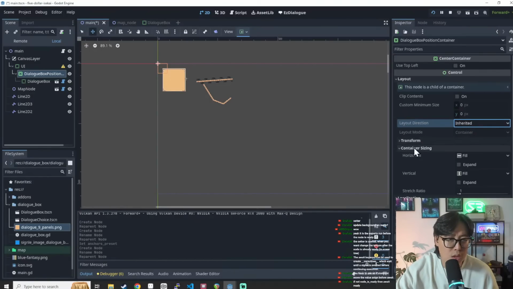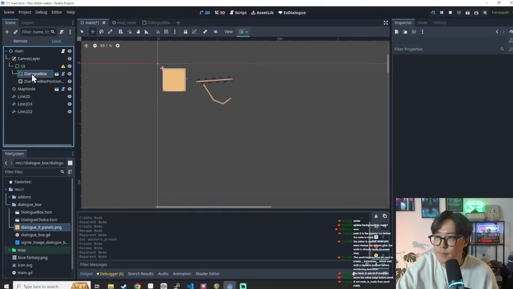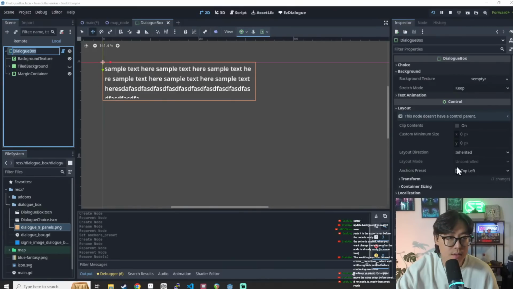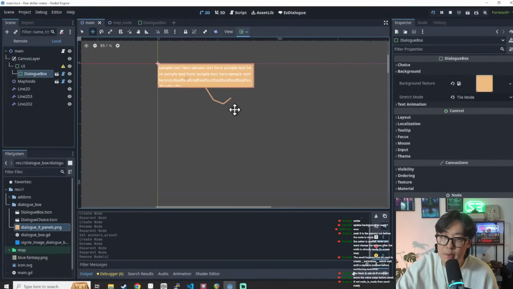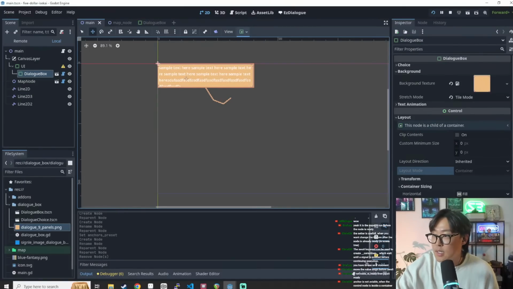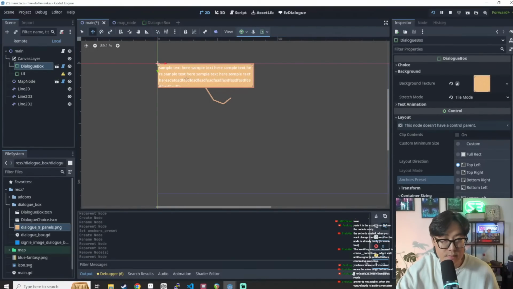Where's my anchor rule? Wait a minute. This one, anchor presets. See, this one has an anchor preset. And then this is a container. And I came to main, and the dialog box is a container, or control here, as you can see. If you come here, the anchor rule is not an option. Oh, so you can't do relative stacking? So I have to be out here, just like top, bottom, center bottom,